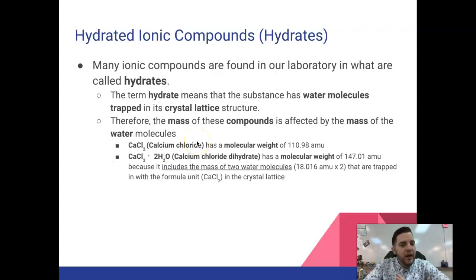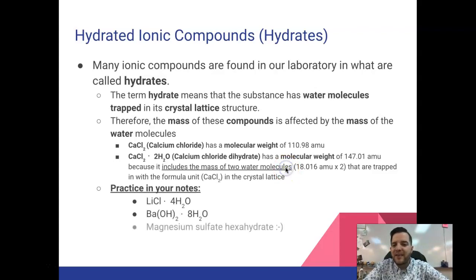So water has mass. For calcium chloride, we say the weight of 1 molecule of calcium chloride is 110.98. But if it has 2 water molecules stuck in there, I need to add the mass of 2 water molecules to that. So the molecular weight of the hydrate in this case is 147.01 AMUs, because the mass of the 2 water molecules that are trapped inside needs to be added to the mass of the molecule itself. So the basic idea with hydrates, nothing